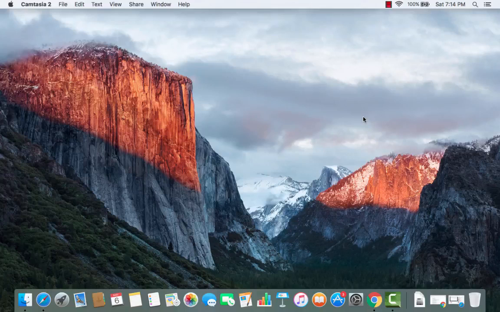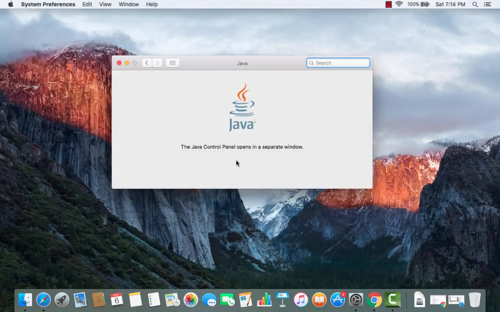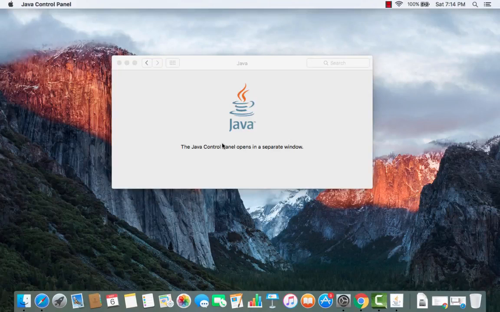Now, in order to check whether the Java JDK and JRE is installed on your system, the simple check is to go to the system preferences. This is the icon for system preferences. You can just open the system preferences, and at the bottom you will be able to see this Java icon here, and by this Java icon you will be able to know that Java is already installed on your system, right? So in my case Java is already installed, but if in your case it's not installed, then you need